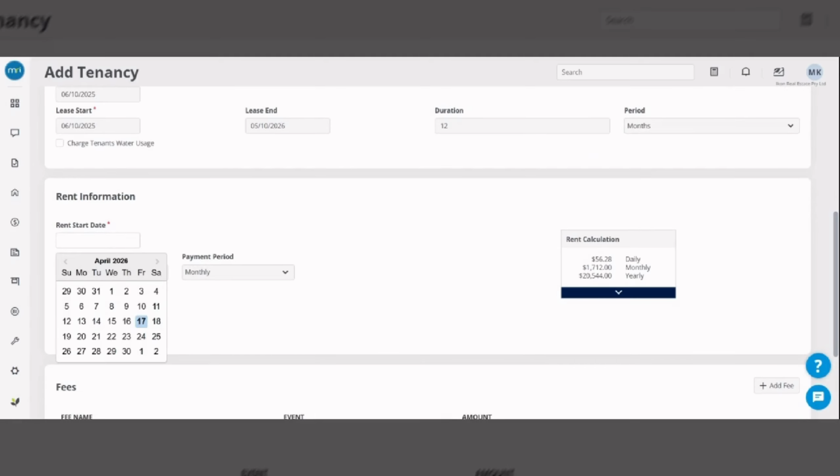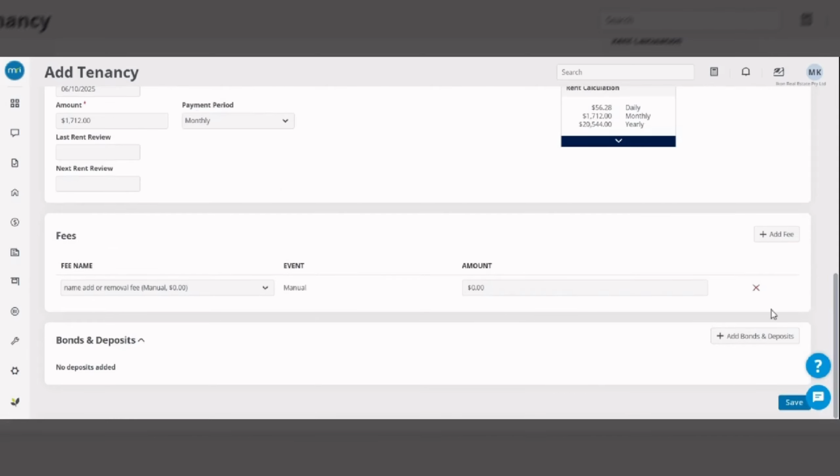They are paying on a monthly basis. If monthly, then monthly, right? And then the bond information. The bond type would be residential bond.